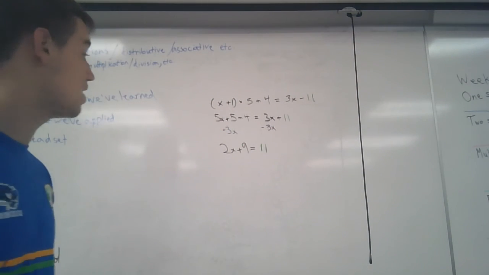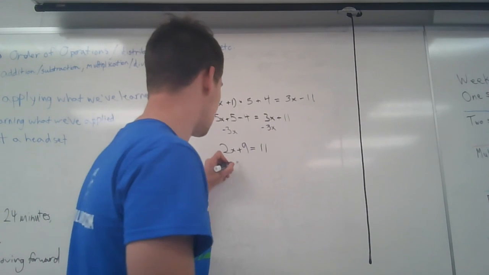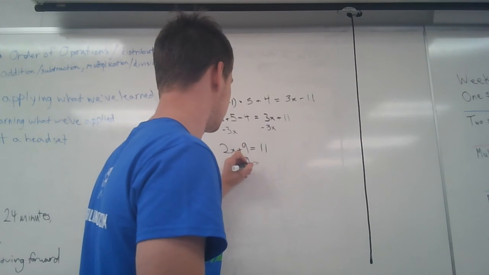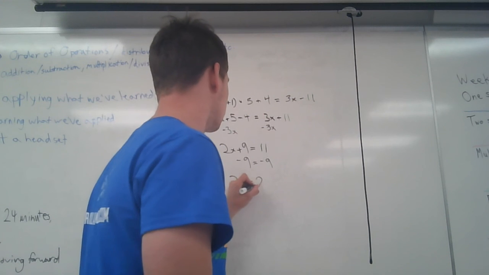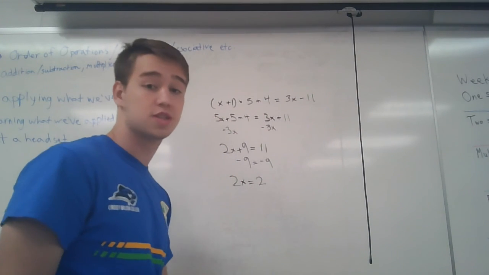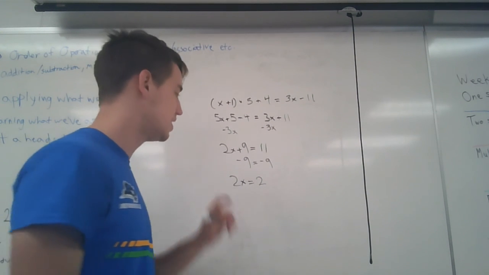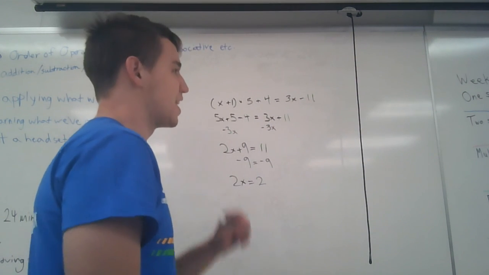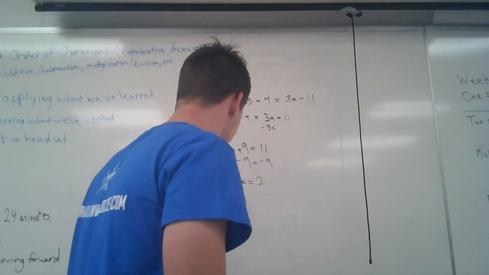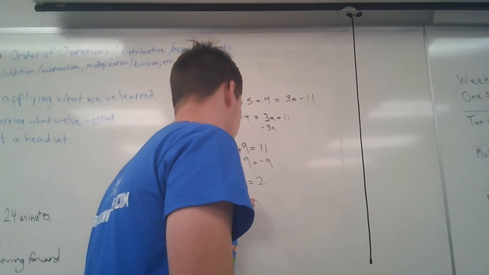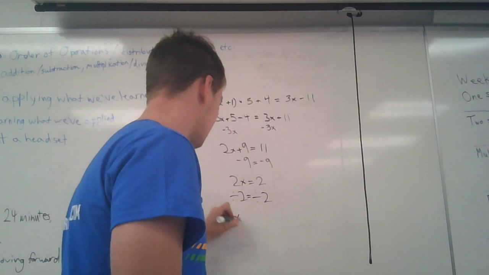Now what's standing in our way? We have a 9 here, so the x's aren't by themselves. What we need now is to subtract 9 from both sides to get 2x equals 2. And now, what's our problem? x has a coefficient that isn't 1. So what we want to do is get this in lowest terms to find the value of x and not of x times some constant. So now we divide by 2 on both sides to get x equals